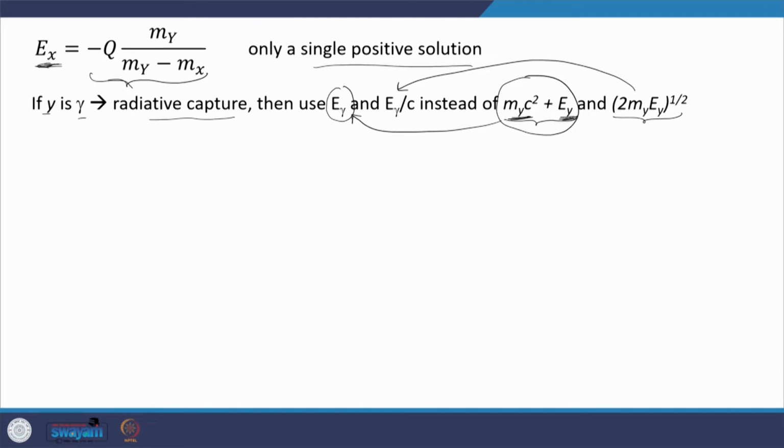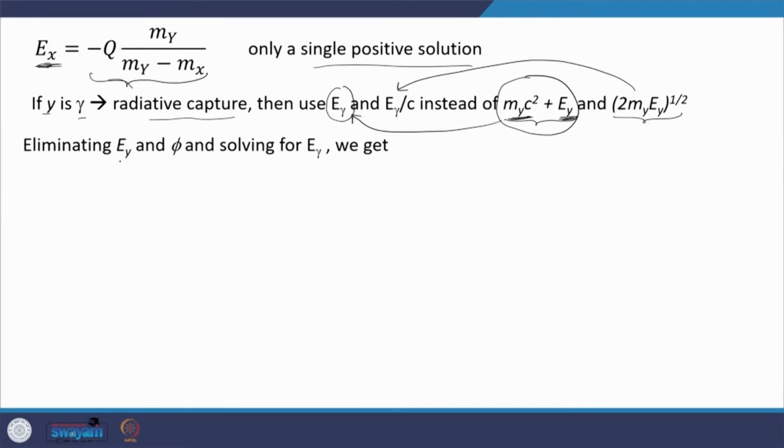That is how we represent the momentum. Now, do all this mathematics again by replacing these two quantities, that is total energy of the gamma and total momentum of the gamma, which has no rest mass. All right. Now, in a similar way, we can eliminate the Ey and phi, then